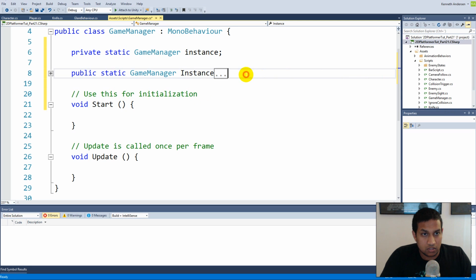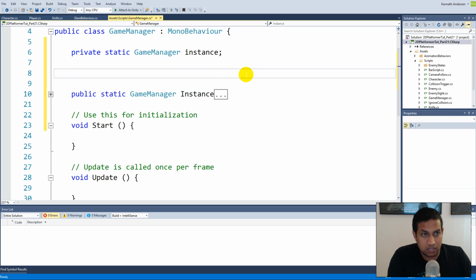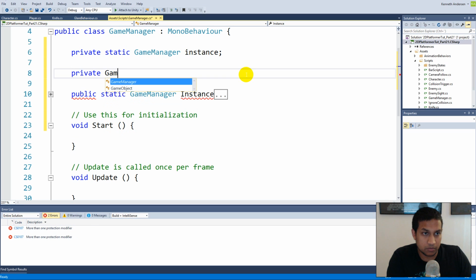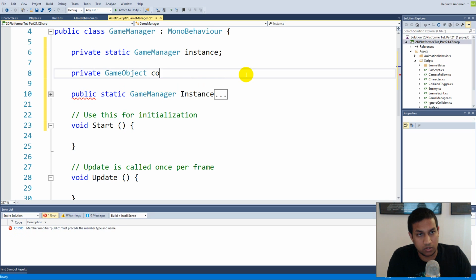The next thing we need is a prefab, because every single enemy, when it dies, needs a prefab so that it can spawn a coin. If we have like 100 enemies, instead of making sure that every single enemy has a coin prefab, we just add it to the game manager so that the enemy can ask the game manager for a coin. So we make a private game object called coin prefab,